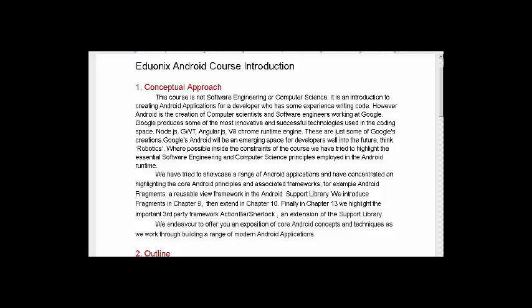Now, a fragment is a reusable view framework in the Android support library, and we introduced fragments in Chapter 9, then extend in Chapter 10. Finally, in Chapter 13, we highlight the important third-party framework Action Bar Sherlock, which is an extension of the fragment part of the Android support library. We endeavour to offer you an exposition of core Android concepts and techniques as we work through building a range